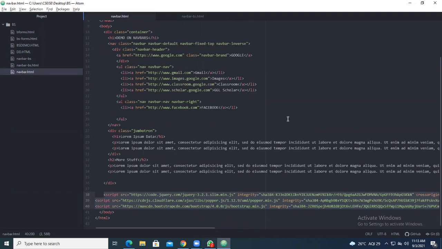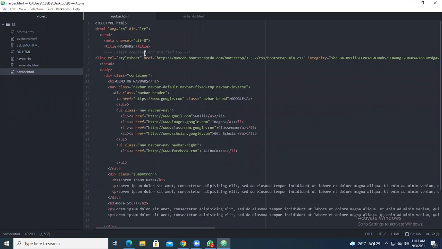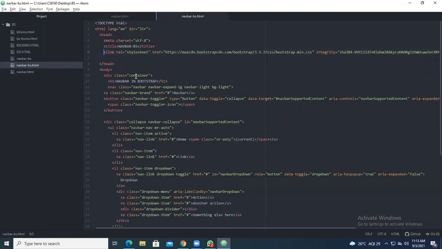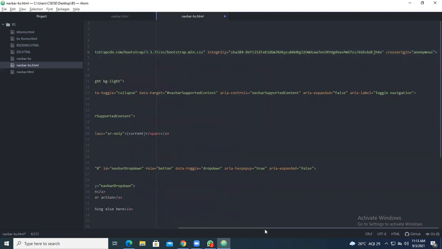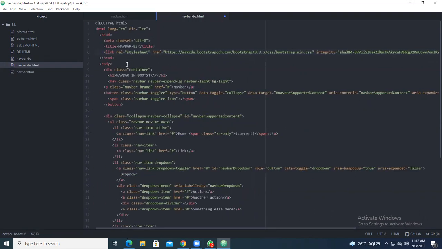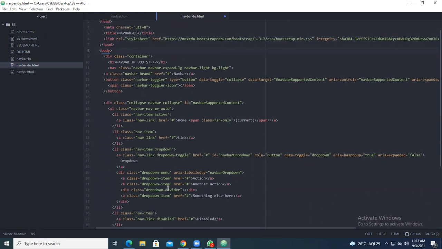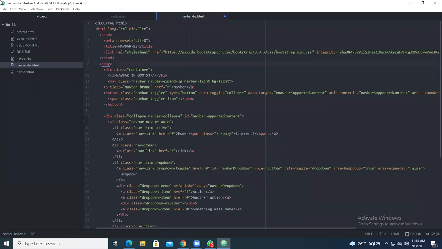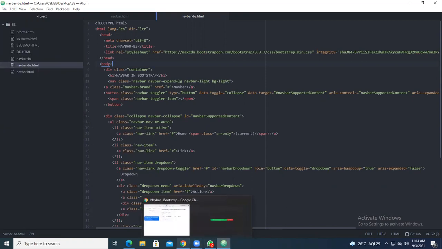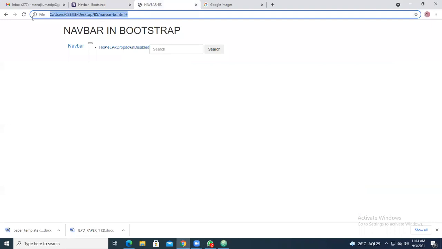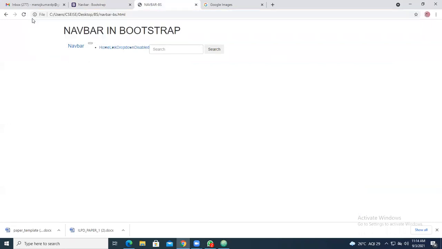Kindly take the latest minified CSS file. I've given the body, the div class, the drop down. Save this file, edit, go with copy path and paste it here. Control V, press enter. So you are getting navbar in Bootstrap.